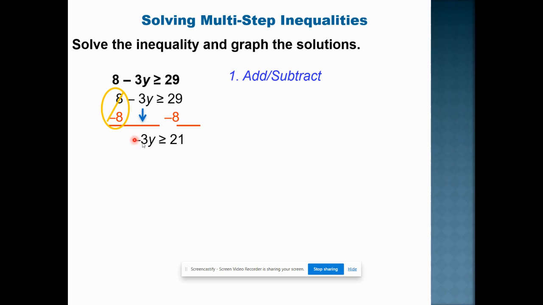Next, we are going to undo the multiplication that's going on here. So we're going to divide by negative 3. Negative 3y divided by negative 3 is going to leave us with y. And then 21 divided by negative 3. Don't forget, we don't divide by 3. Whatever we do to one side, we do to the other. So we're dividing here by negative 3, so we're also going to divide here by negative 3. So 21 divided by negative 3 is going to leave us with negative 7. And since here we change the sign, since